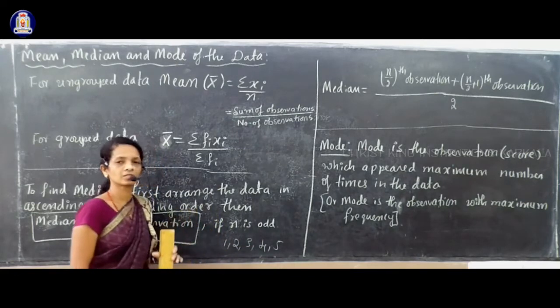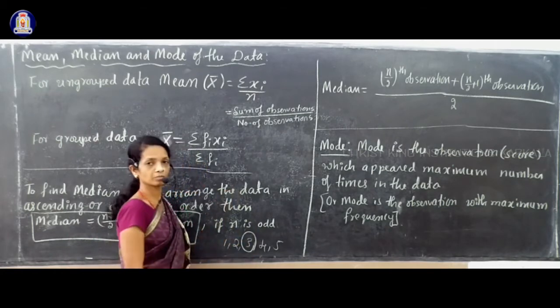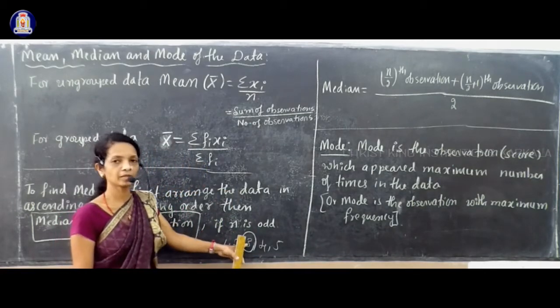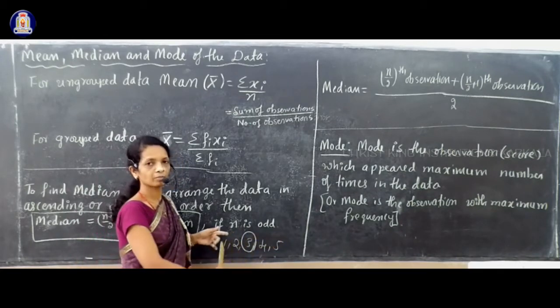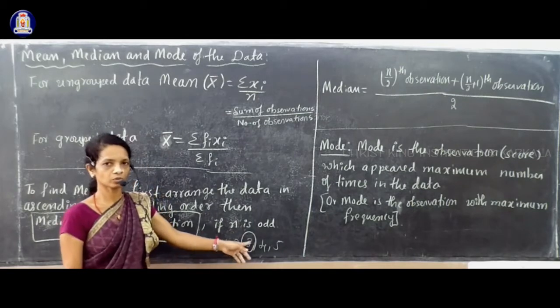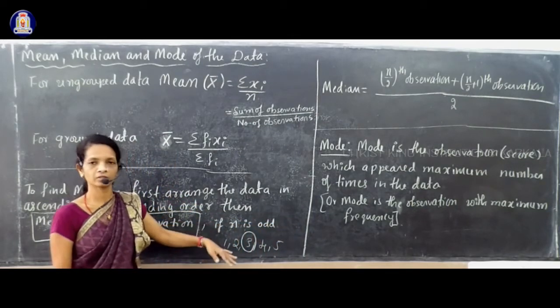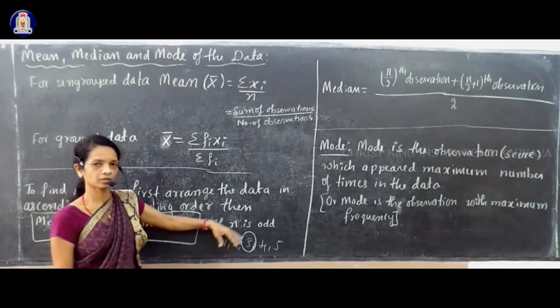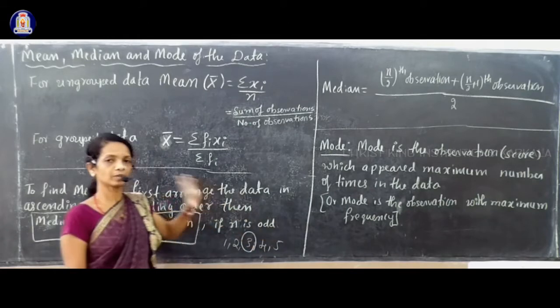So which is the median? Which lies in the middle of the data? That is the median. Which is the middle of the data? 3. If you are given a small amount of data, you can easily get the middlemost score like this: delete 2 data at the end and 2 data in the beginning, then you will get 3. That is the middlemost observation, and that will be the median.